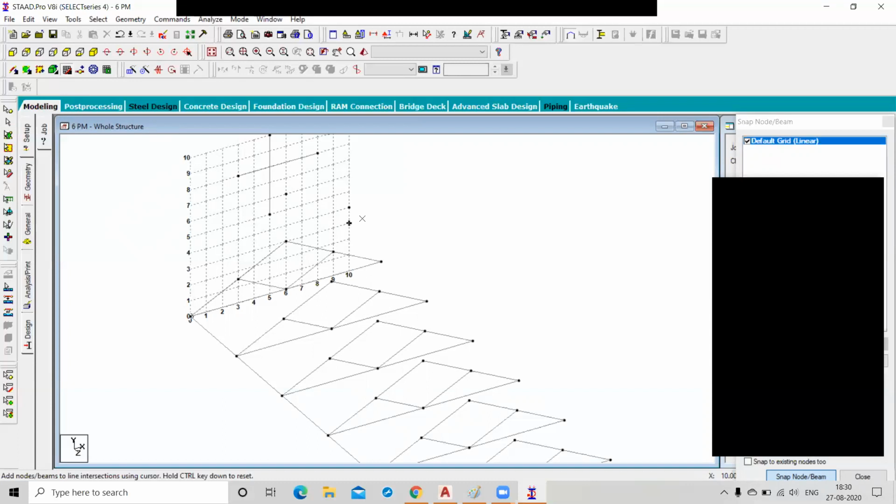If you select these nodes like this, right? So which option are you going to choose to create a beam between these 2 points? Tell me.